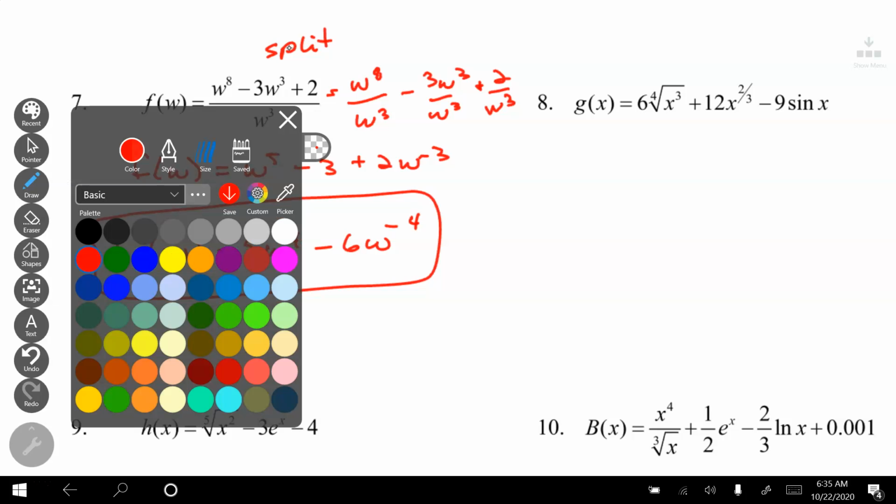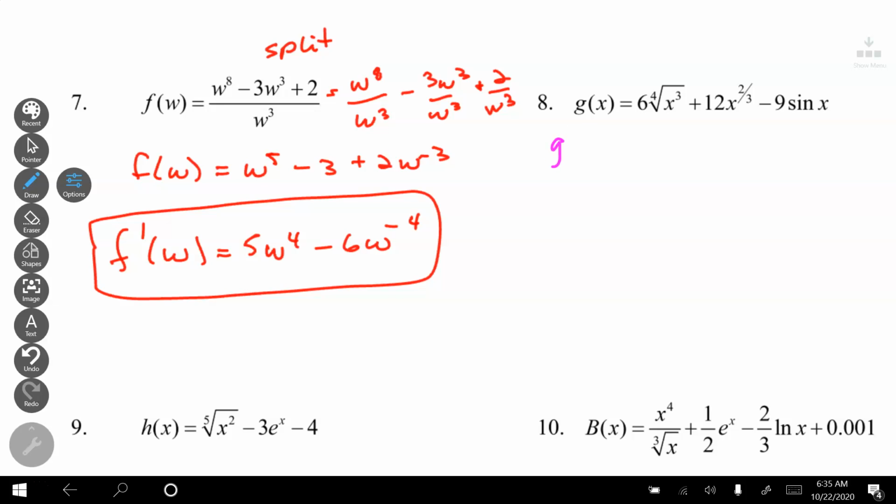Take this next problem. I'm going to rewrite it. x to the 3/4 power over root. That one I don't have to rewrite, and this one I don't have to rewrite. Now when I take its derivative,